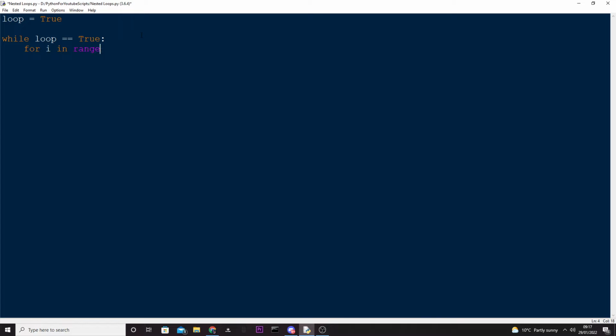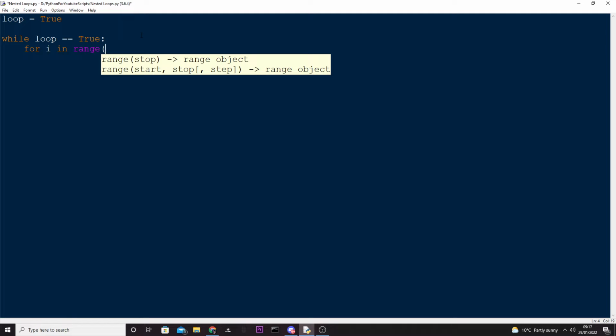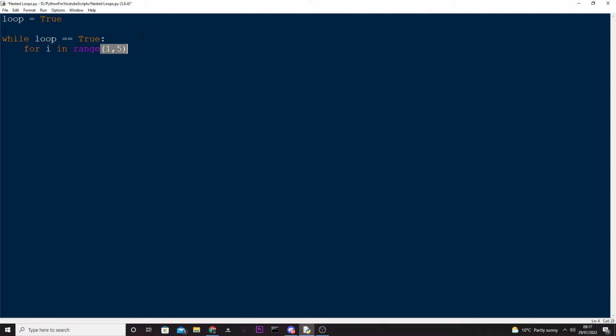I in range. And we're going to start at 1 and end at 5. Then what we'll do is print I, because why not? And then outside the for loop, this is going to look a bit complicated, but don't worry about it, loop equals,